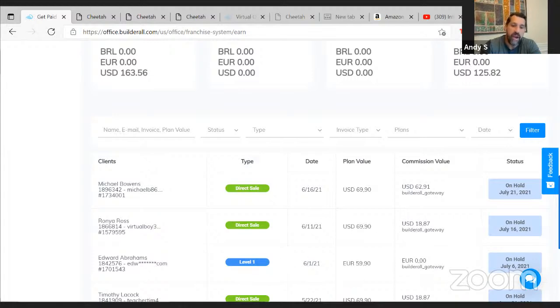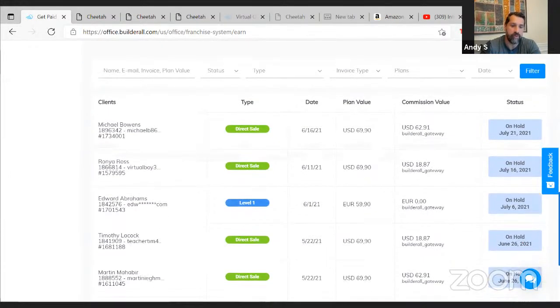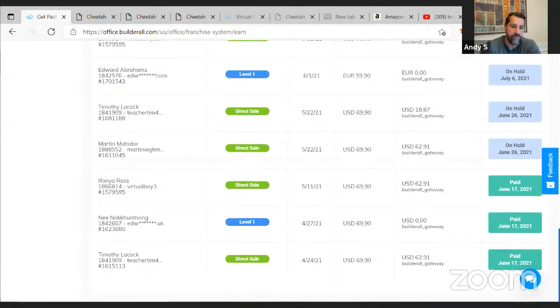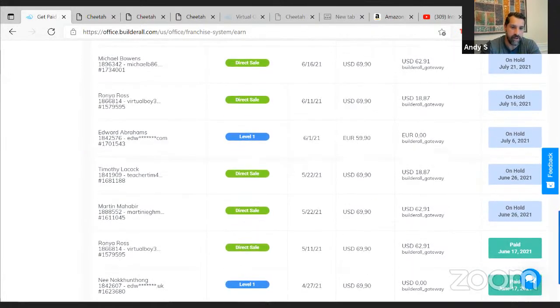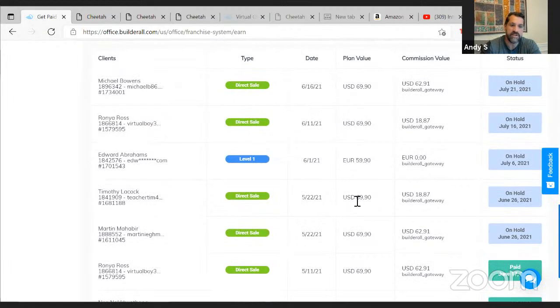But the next month, the third month when they do that, let's see, anybody else? Oh yeah, here. So if you look at this one, the third month that person pays $69.99, 2 people are going to get $18.87. The person who signed you up, and then the person above them, because it's 2 levels of commissions. So think of it like this: if you get someone to use your link, you're going to get 100% the first month that they pay for their subscription, and then every month after that, it's